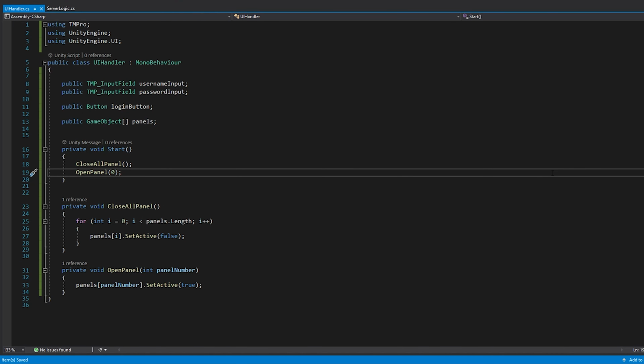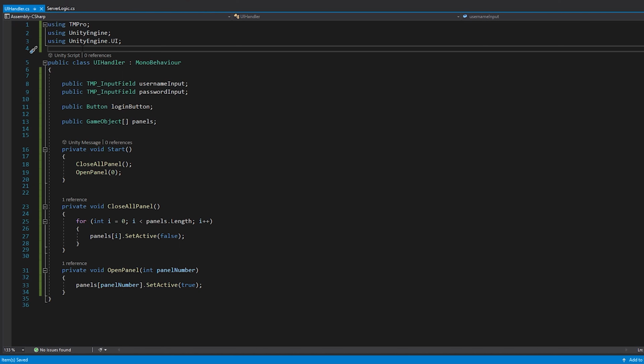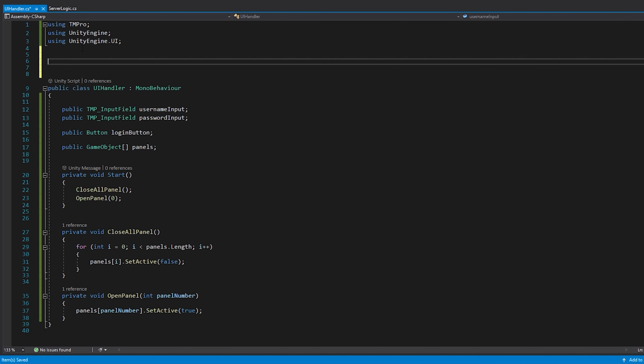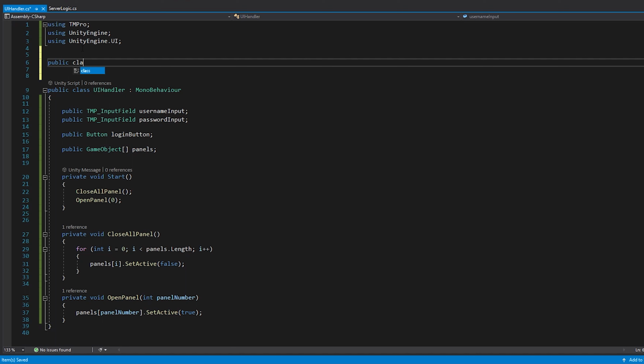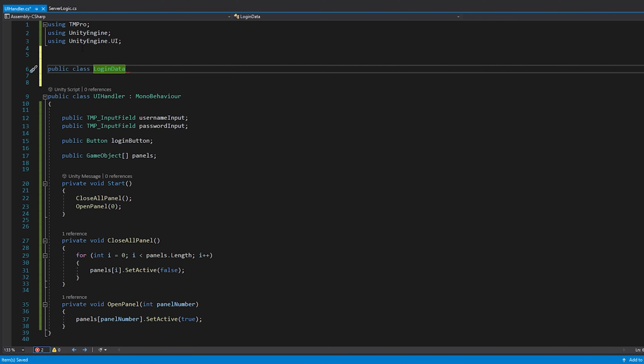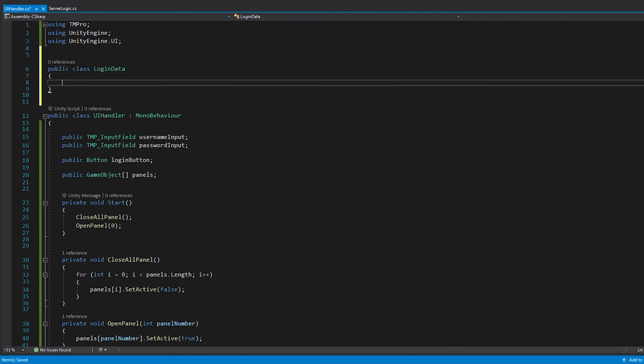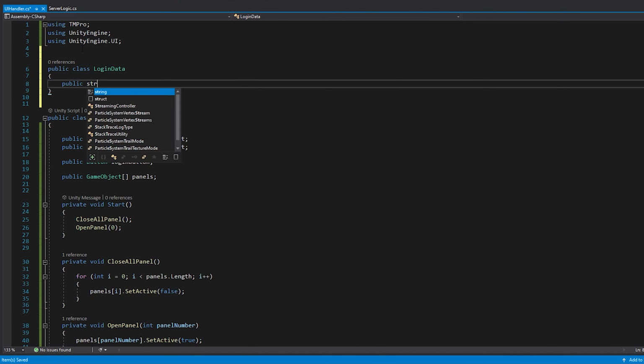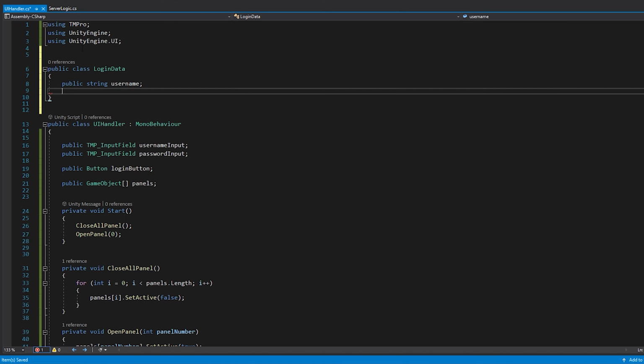For server integration, we need to create a few classes. These classes will have the same structure as the one we are using in the server. Let me create one and I'll explain why it has this particular structure. We will create a public class LoginData. It will have two public strings: first is username and second is password. This is because the server has only two requirements. If we had a pin on the server as the third parameter, then here in the class, we would have to create a pin variable as well.